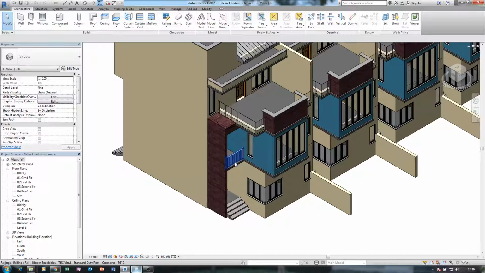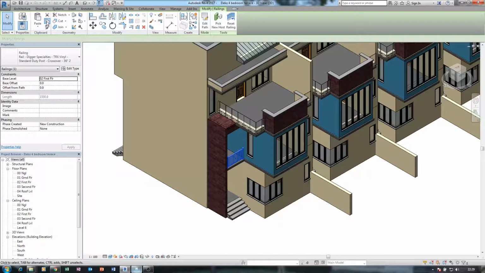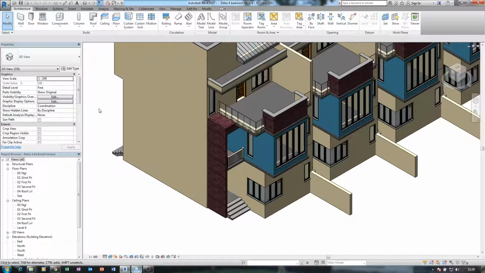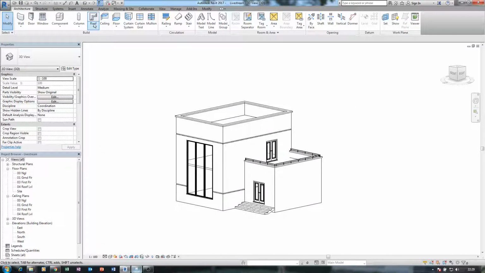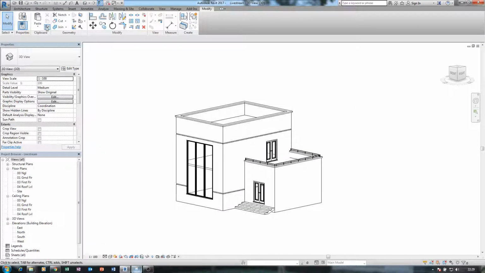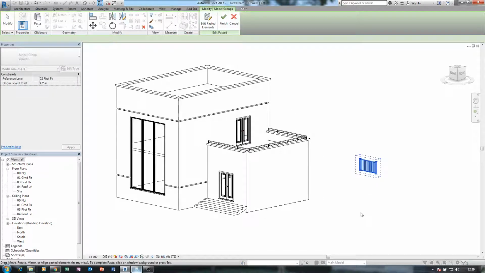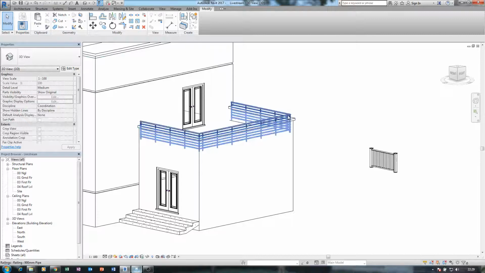So copy it. Come to this. Paste. And change this.